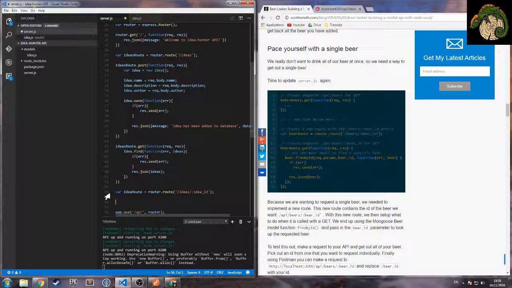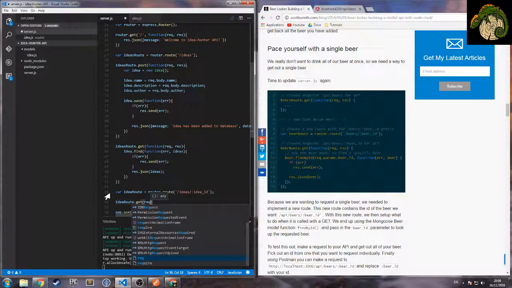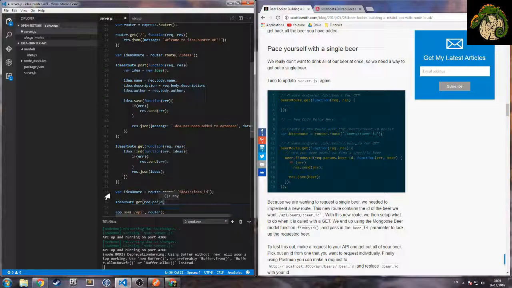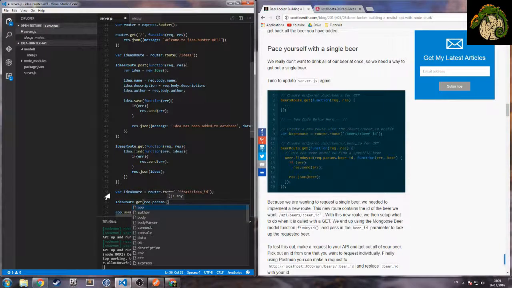So now we need to create a get from this endpoint. From the ID route we have this get, and this will take the parameter of the ID. So here it's like IDs slash colon ID,